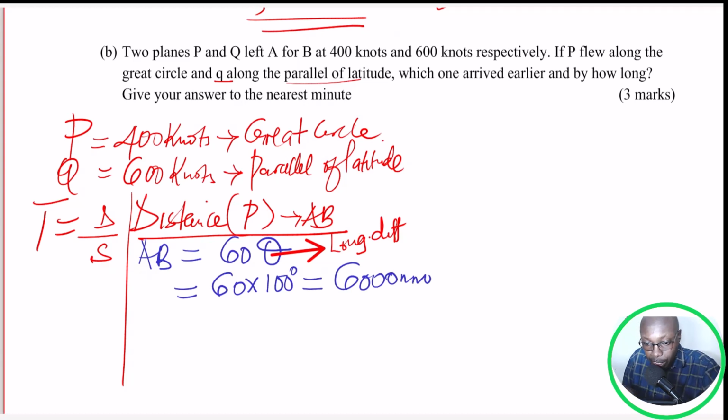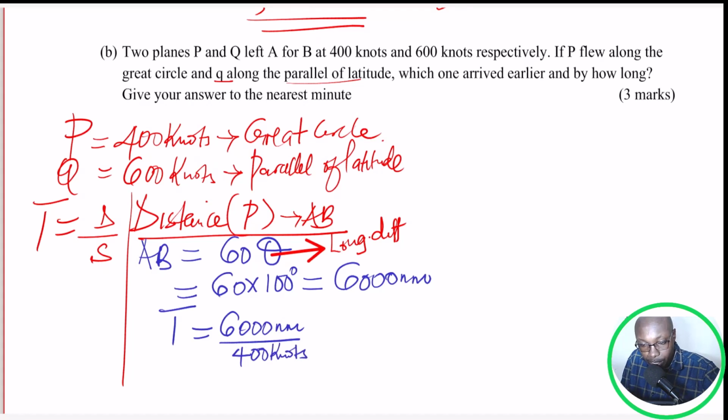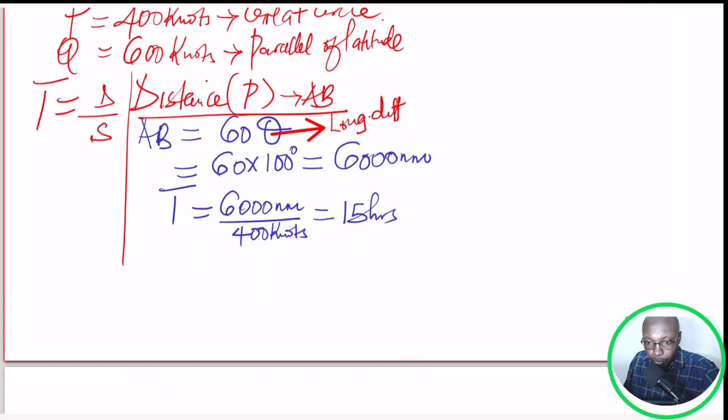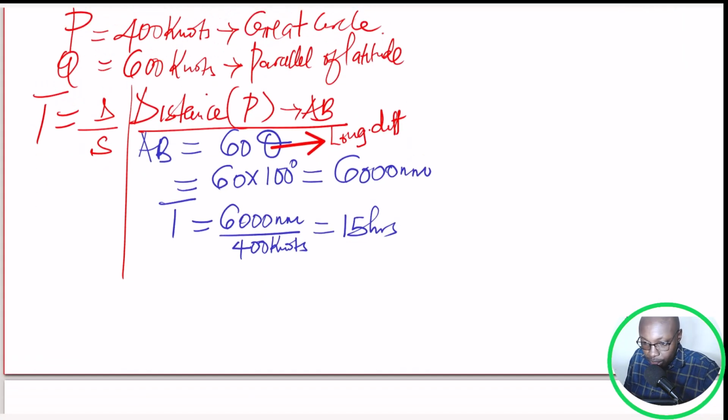Now we need to get the time taken. So time taken by P will be given by distance, which is 6,000 nautical miles, divided by the speed. Speed for P was 400 knots. When you divide nautical miles by knots, we get the answer in hours, and this will give 6,000 divided by 400. You get 15 hours. So that is the time taken by plane P. Now we're going to distance